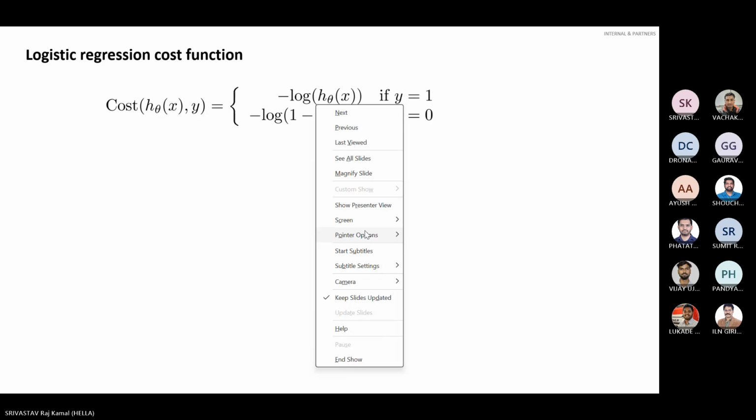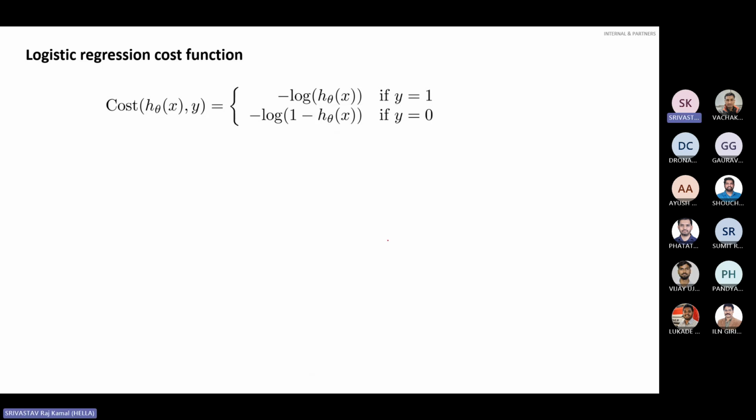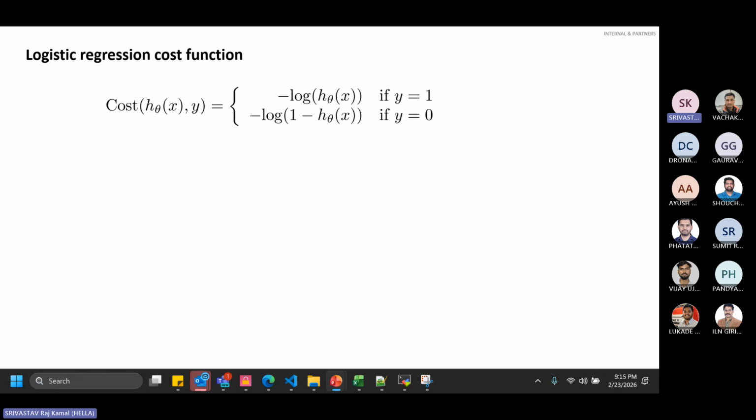So yeah, if this is clear, now let's go to the next point. What's the time? Just a moment. Okay,